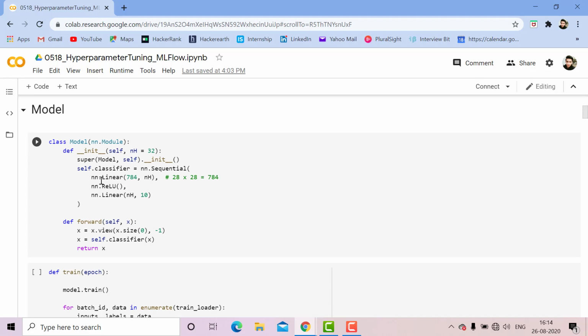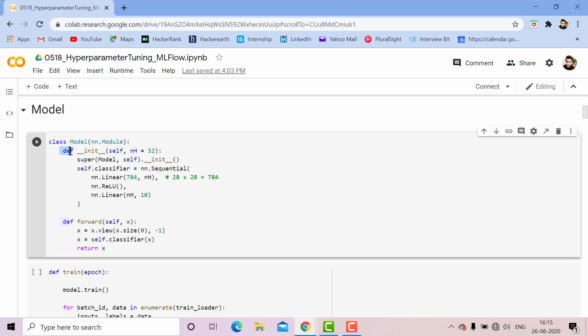We define a class Model with nn.Module as parameter, and in this class we have two functions. The first is the constructor function, that is __init__ function with self, ns equal to 32 as parameter. Here super function dot __init__ function. self.classifier is equal to nn.Sequential function.